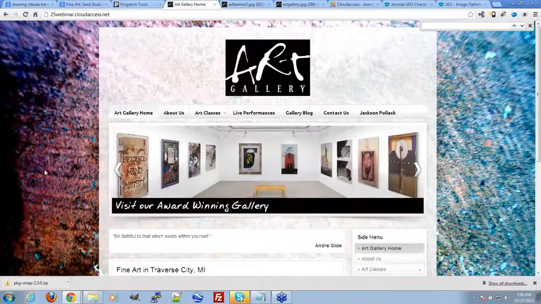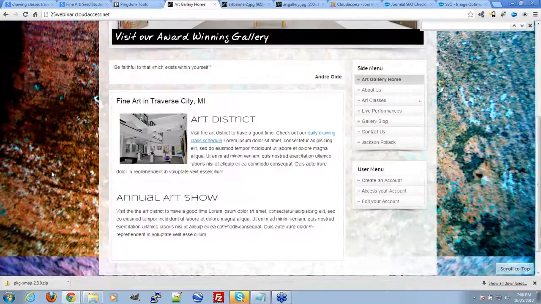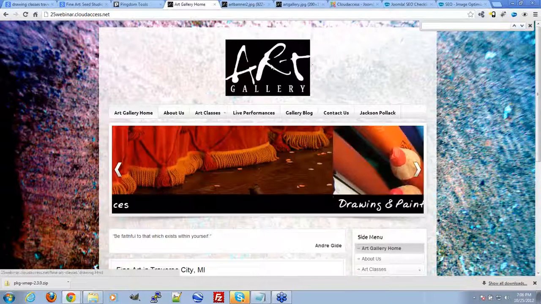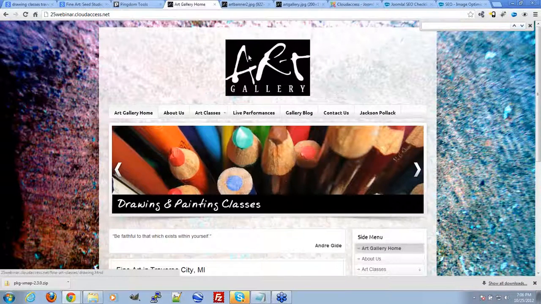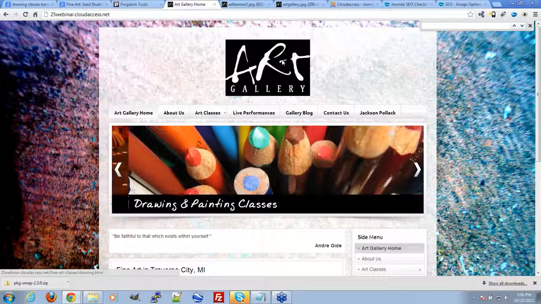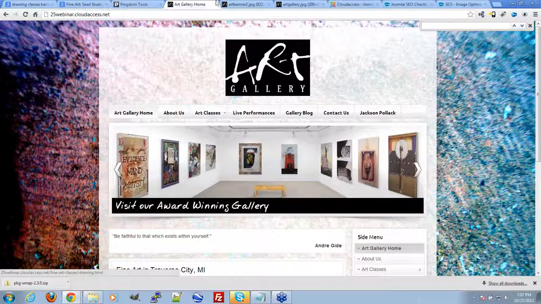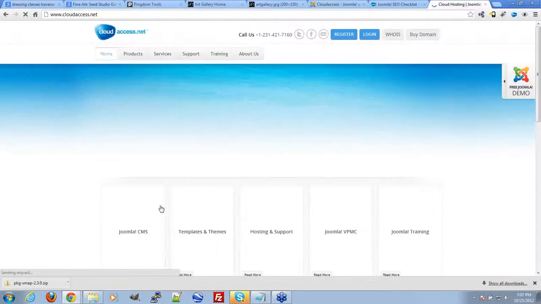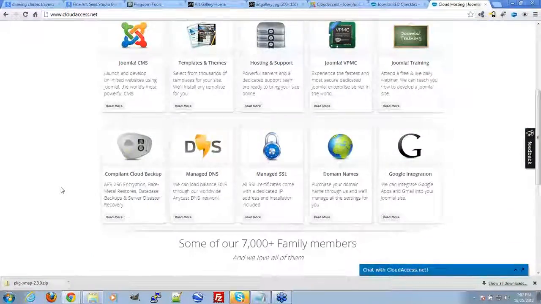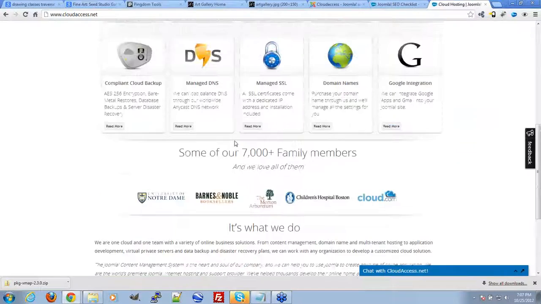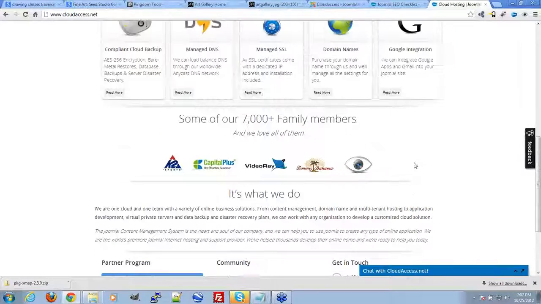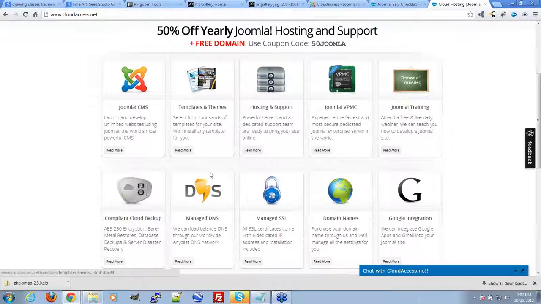So GIFs are actually better used for things like, this logo would not be a bad candidate for a GIF. You could probably get a smaller file size with a GIF here, maybe. It's got a little detail, but ultimately not a lot of different colors. Let's take a look at the Cloud Access site. This is a bit better example here. I'm going to go to the home page. And for instance here, these images here, I would say are probably too detailed for GIFs, but